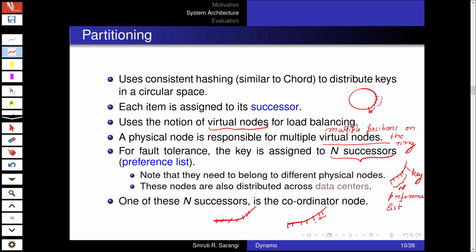And one among these n successors is the coordinator node, which is primarily responsible for the key and value, right? So one among them in this preference list, where the key maps, might be the closest one, is the coordinator, and the rest just contain replicas of the key value data.